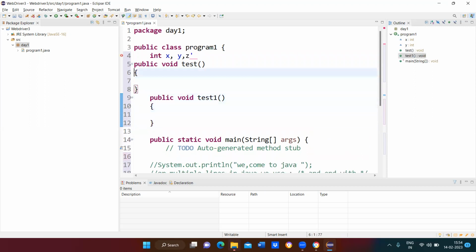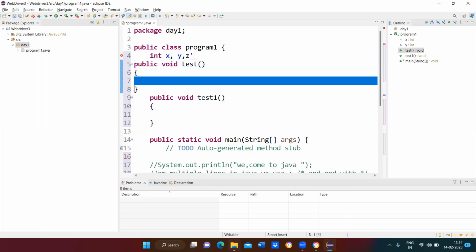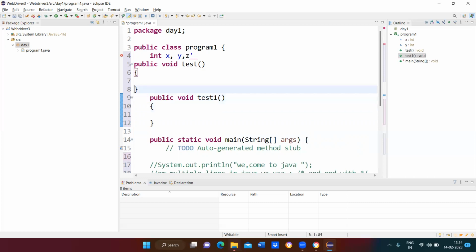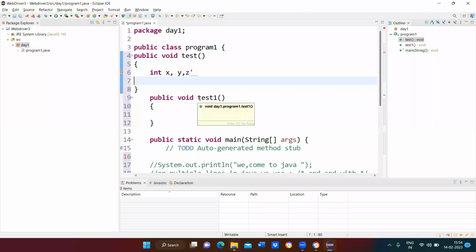You have declared these variables outside the method now. This can be called in this method as well as in this method. Is it private or public? Public. Sure. Yes. Now, if it is declared inside the method, then what do you call?